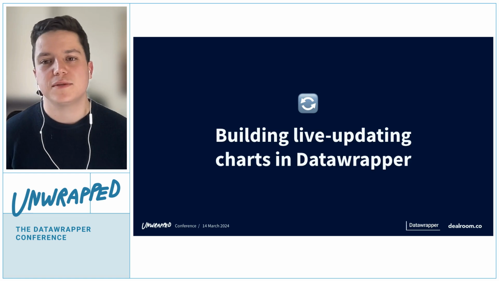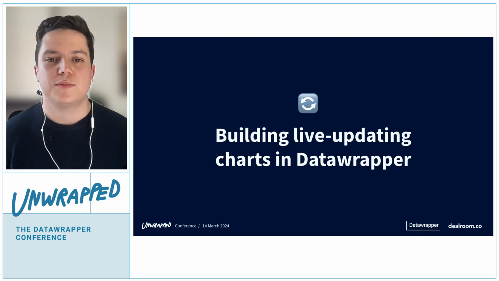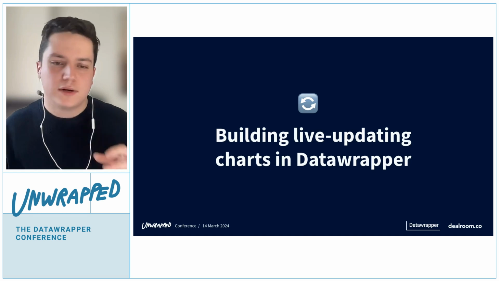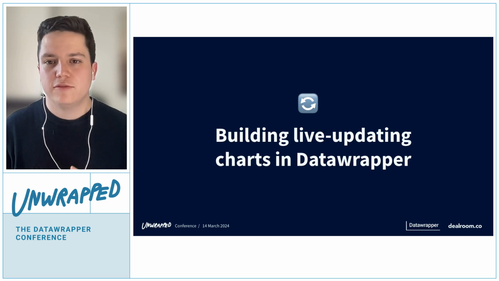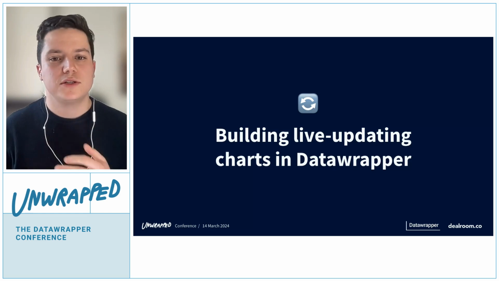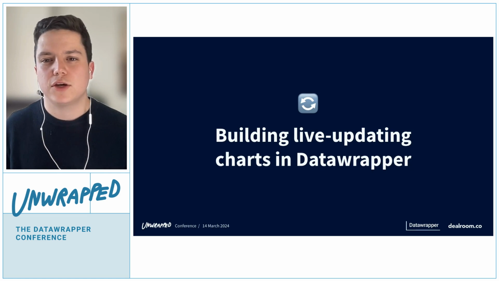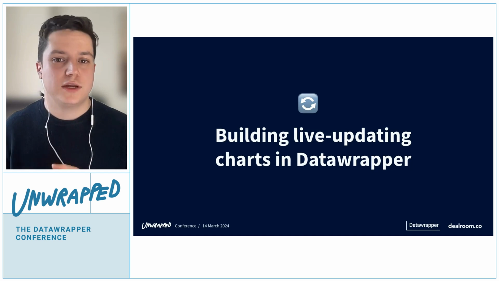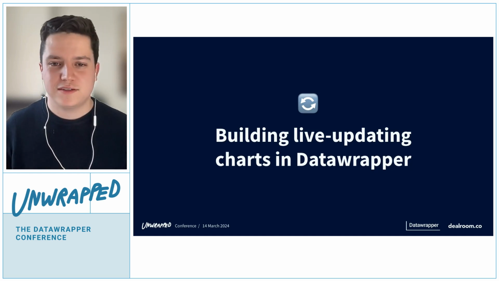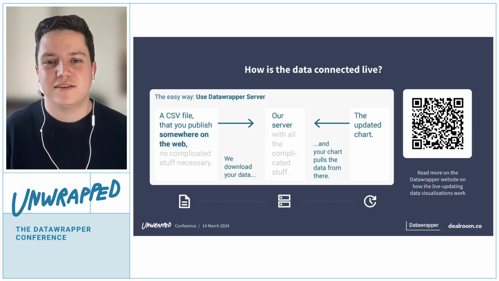So I'll talk about how to set up a single Datawrapper chart which automatically links to a Google Sheets spreadsheet. I'll talk about generally how a pipeline of creating various data visualizations would look with the Google Sheets option and the Datawrapper API. In this example, I'm going to go over the easier methodology of using Datawrapper's own servers to fetch the data periodically, which can also be done yourself, but I'll show the easier method